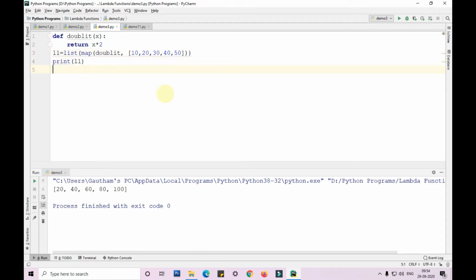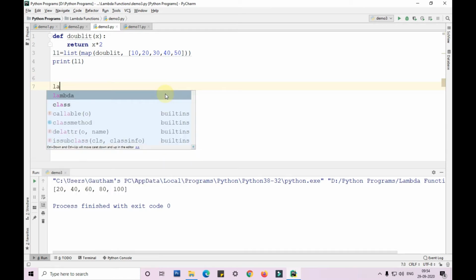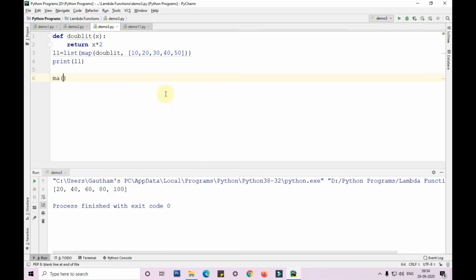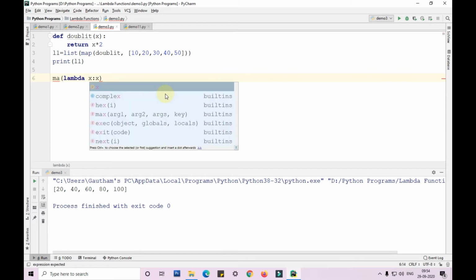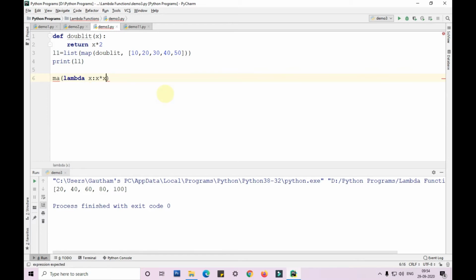Similarly, if I want to do it with the help of lambda functions, how will I do it? I'll take map, then lambda x colon x into 2. As you know, lambda functions return by default, so we need not write the return keyword there.